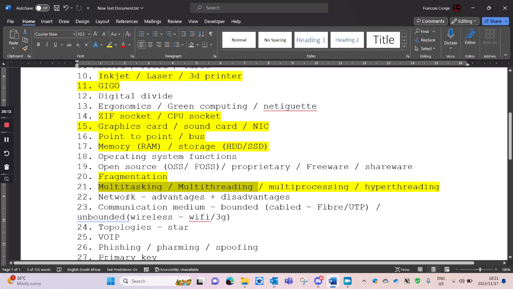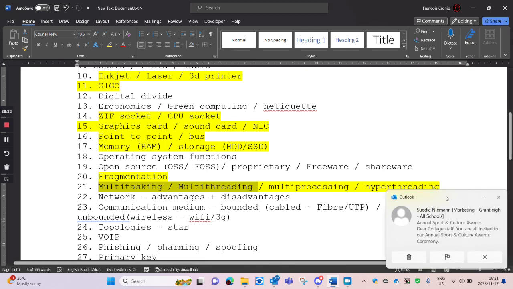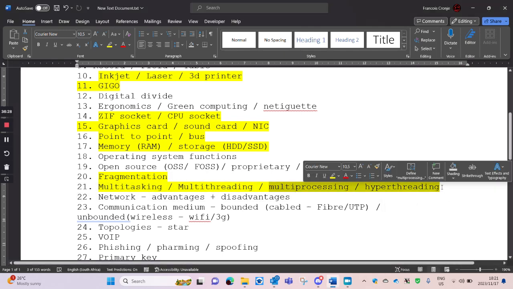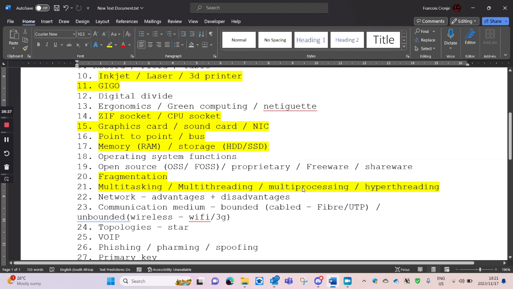Multitasking allows us to open multiple programs at the same time. Multi-threading is breaking one program up into smaller pieces and allowing all those pieces to run independently. Then these next two are hardware based, so that depends on your hardware. These two are the operating system. Multiprocessing is if your CPU has multiple cores, like a quad core, or 5 cores or 6 cores or 7 cores, then it's multiprocessing. And what hyper-threading does is it went and said, let's create two registers for each CPU.